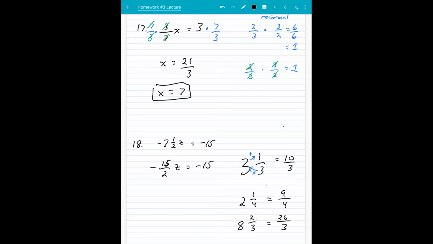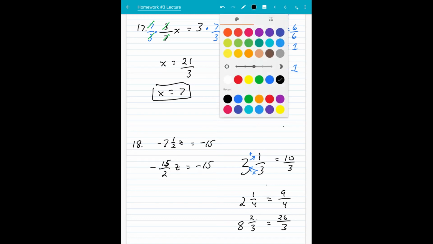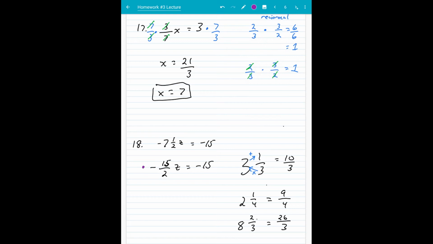Now what we want to do is multiply by the reciprocal, just like we did above. We're going to multiply by 2/15 on both sides. I'm going to just kind of separate this. 2/15 on both sides. But we also need to account for the negative sign too. So we're going to put a negative and a negative, because a negative times a negative will make a positive. 2's cancel out, 15's cancel out, and the negatives cancel out. You'll be left with,